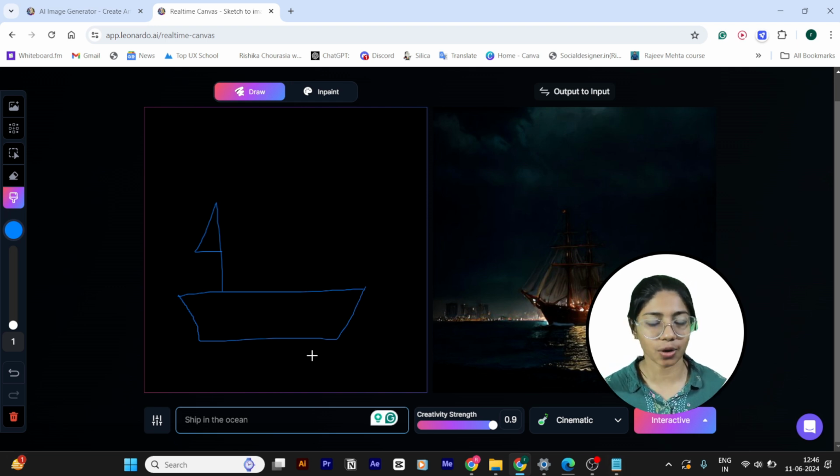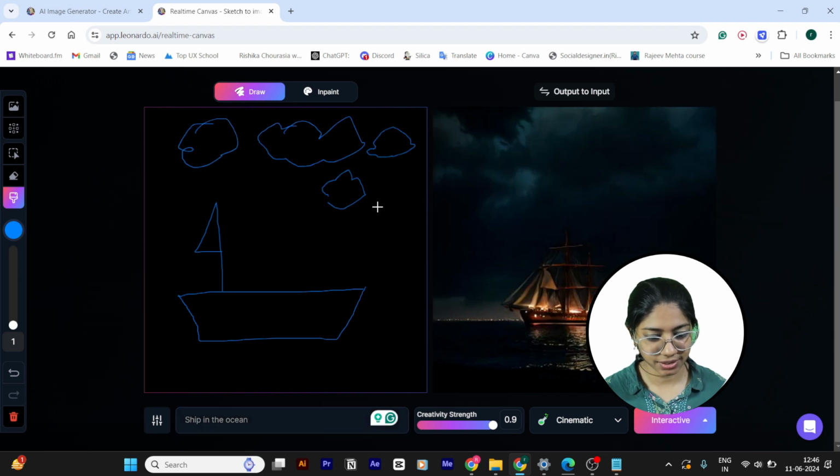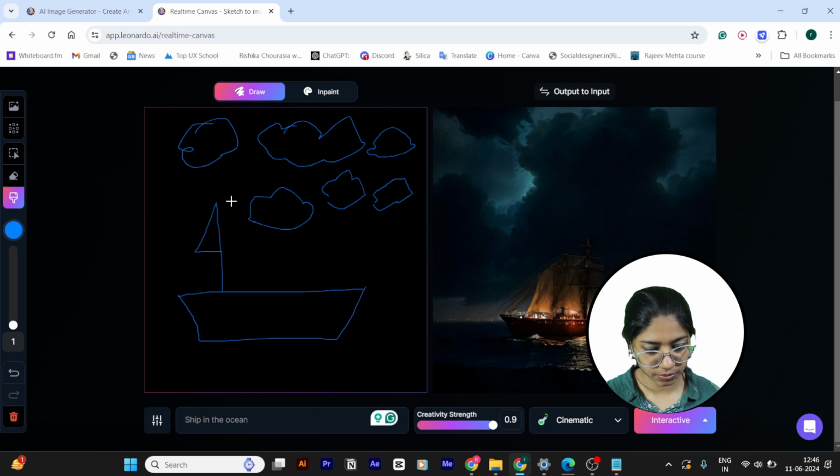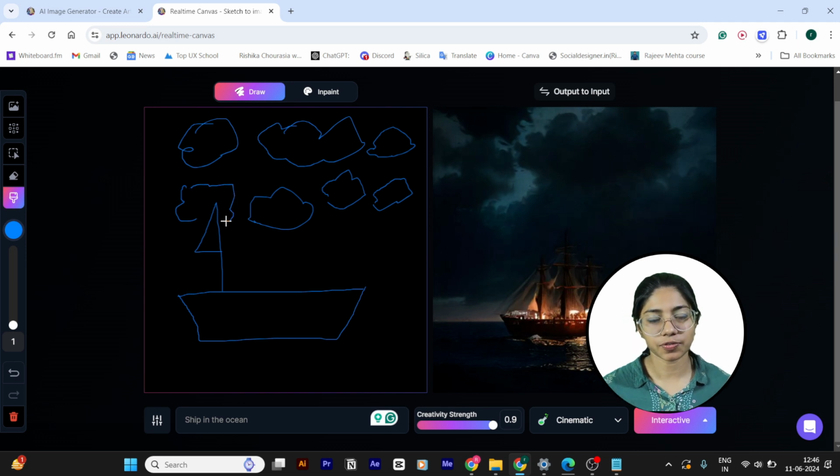If I want to add clouds above, I will just draw over here like this. It's great, as you can see the clouds are coming through in this image. The tool does not go into specifics, but it is still working good enough to achieve what we need.